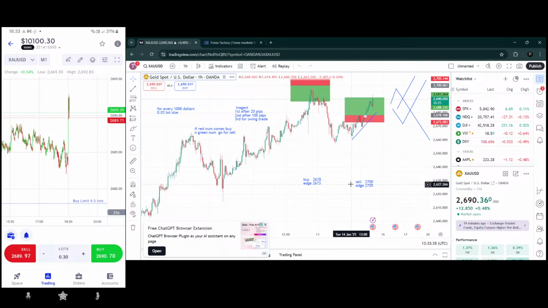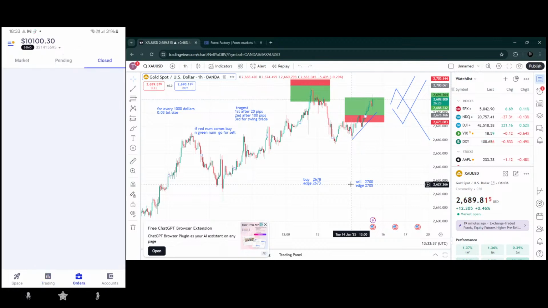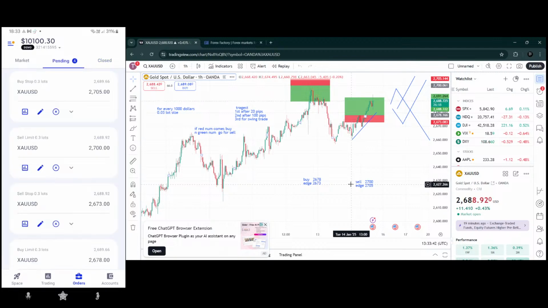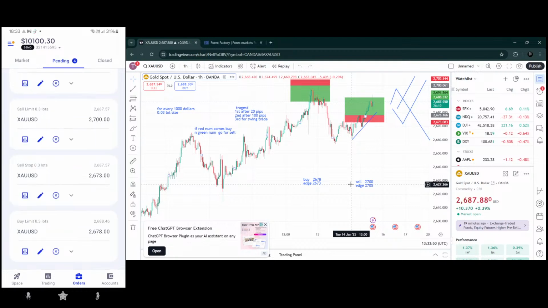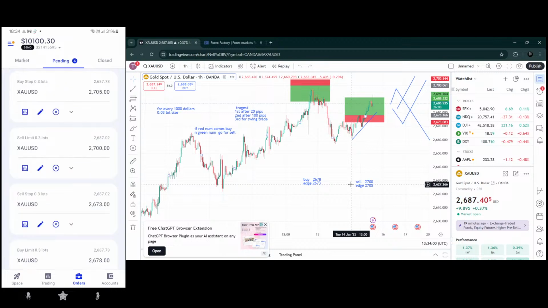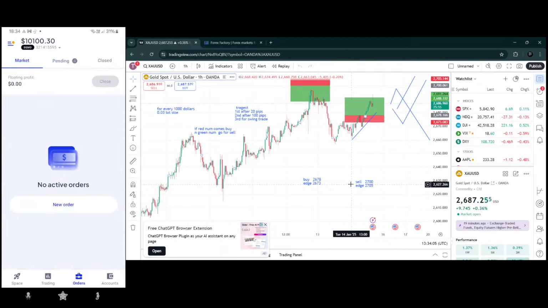So I am going to remove one setup. I just wait to see what happens in the market